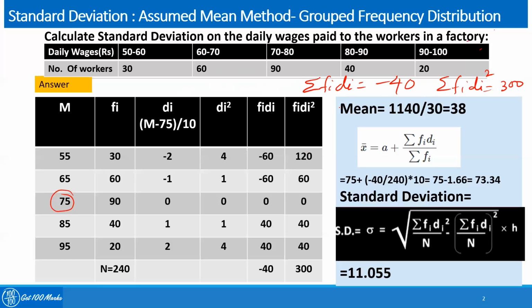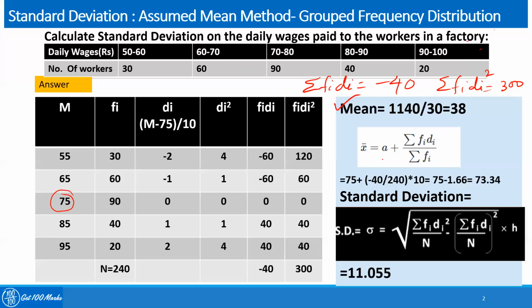Now there are two things. First, we'll calculate the mean by this assumed mean method. What is my actual mean? This is also known as a shortcut method. In the shortcut method, we just subtract any value from the x values and then proceed. So what is the mean formula in the step deviation method? Another name is step deviation method or assumed mean method.